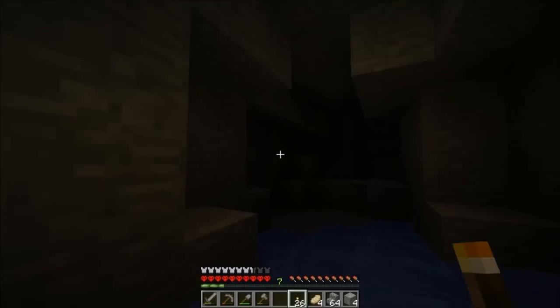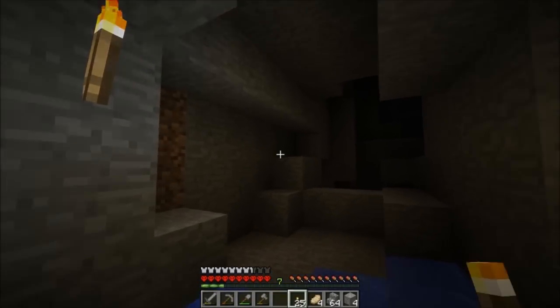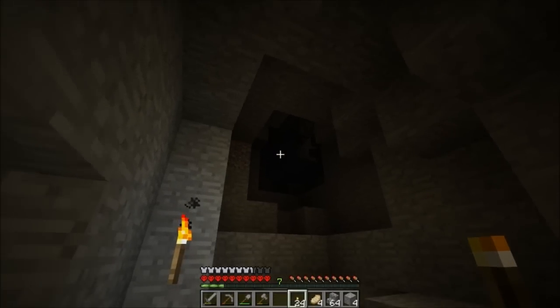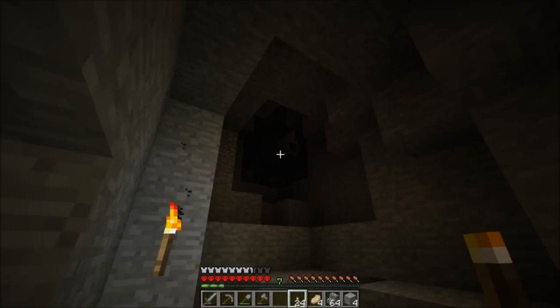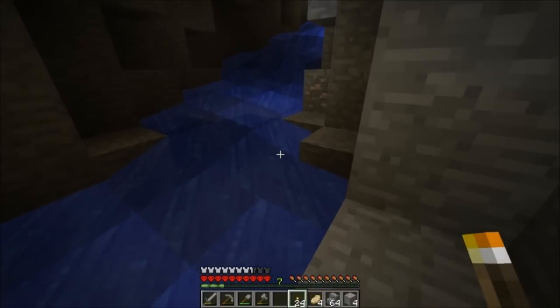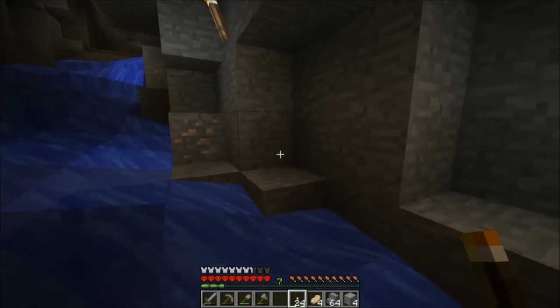But we did find some iron, so we'll grab that. And maybe that's where we came from. We'll go check that out. So anyway, let's go. That was probably another source water block right up there we could get if we had another bucket,